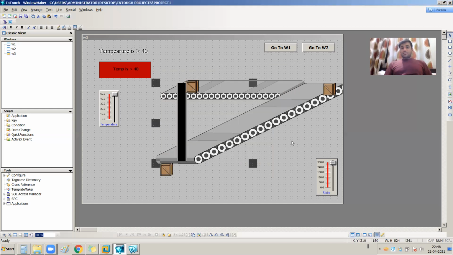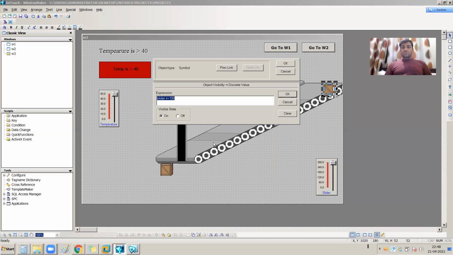And when will this box be visible? From 100 to 200 this box will be visible. So if I go to the visibility section of this box, if slider value is greater than or equal to 100 and slider value is less than or equal to 200, you can write it this way, because this is the AND condition.